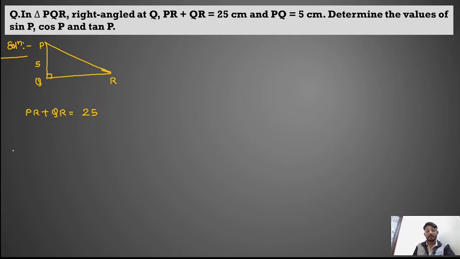Now how can you find the value of this term? PR plus QR equals 25, so from here you can find the value of QR equal to 25 minus PR. Now first of all we write the formula of the Pythagoras theorem. So by the Pythagoras theorem,